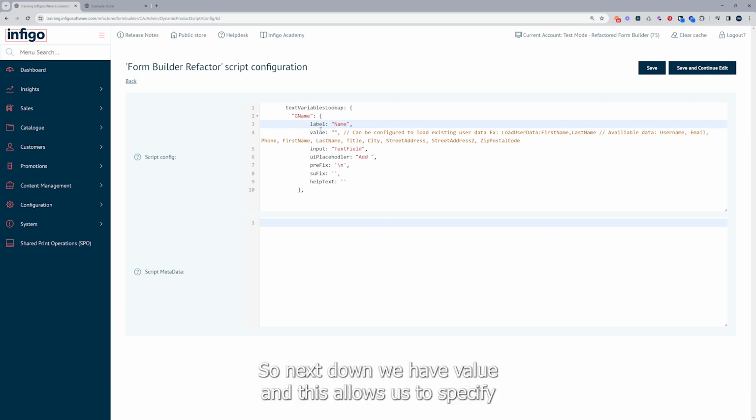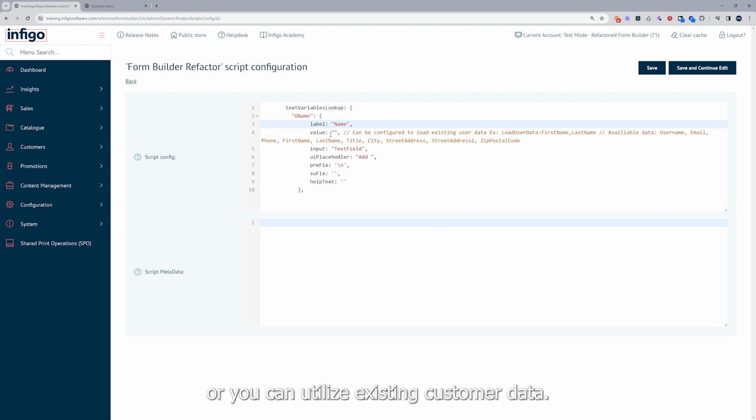Right, so next down we have value. And this allows us to specify any predefined values. So this does not have to be filled in. However, if you would like the variable to show some predefined text, it can be specified here. This can be static text, or you can utilize existing customer data. For example, inputting,